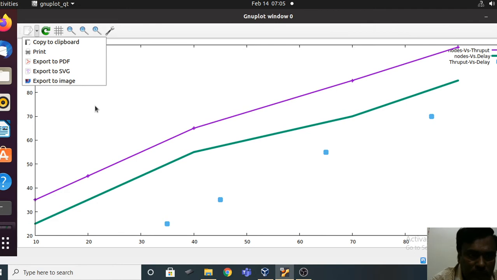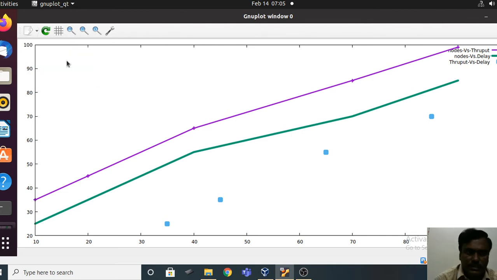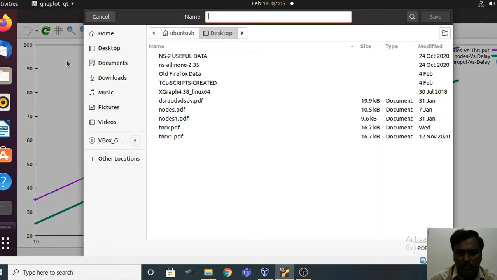So in this way we can plot the graph, and if you want to take a printout of these graphs, you can take, and if you want to export, you can export. If you want to convert this into PDF or say image, you can convert, it is up to you. So these are the features that you have.